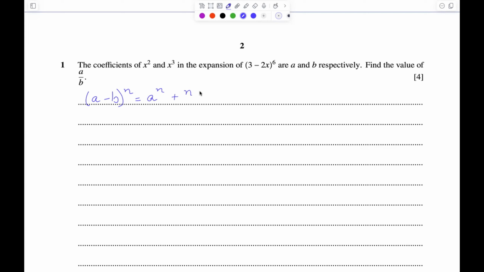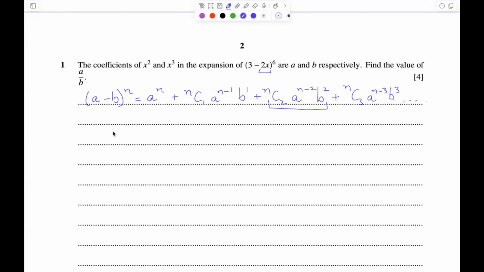a power n plus nC1, a power n minus 1, b to the power 1, plus nC2, a to the power n minus 2, b to the power 2, plus nC3, a to the power n minus 3, b to the power 3, and so on. Now looking at the question, we can see that b is 2x. So the coefficient of x squared can be taken from this term, which is nC2, a to the power n minus 2, b to